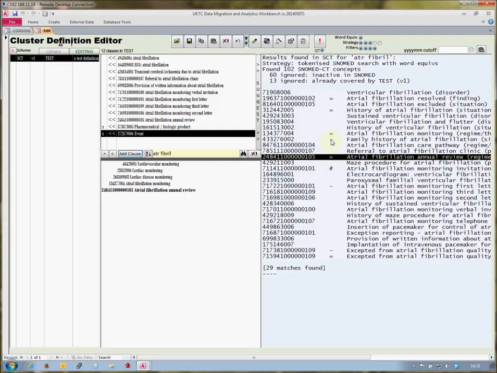The minus sign indicates those fairly rarely encountered, and anything with no symbol at all is either exceedingly rarely encountered or never, although that may be due to the limited expressivity of the coding system used in UK primary care. I'm now going to delete the two exclusion clauses that were injected by the system as part of the blank cluster definition. But before I do that, I'm just going to show how the clauses are toggled between inclusion and